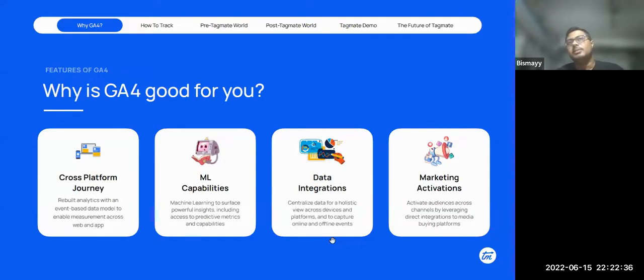And definitely marketing activations, like we are talking about Google, and how can we miss the ads part of it. Google Analytics 4 is so much integrated with all the Google Marketing Platform tools. So the data that you collect on your first-party audiences, which is your data, which you own, now you can push it into any of your platforms, and you can leverage running a lot of campaigns on your media buying platforms. So in short,